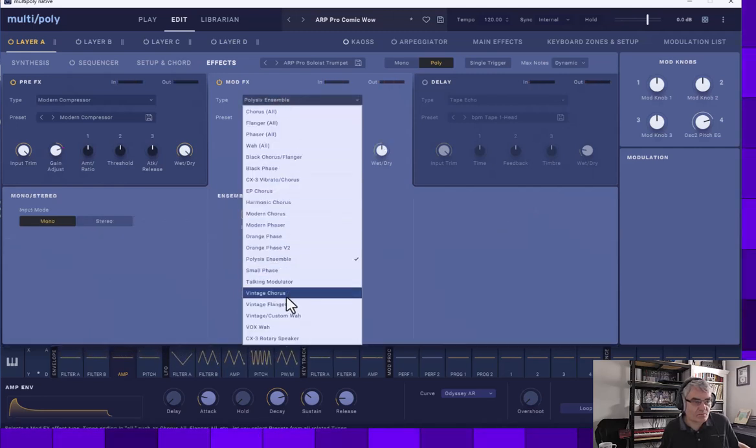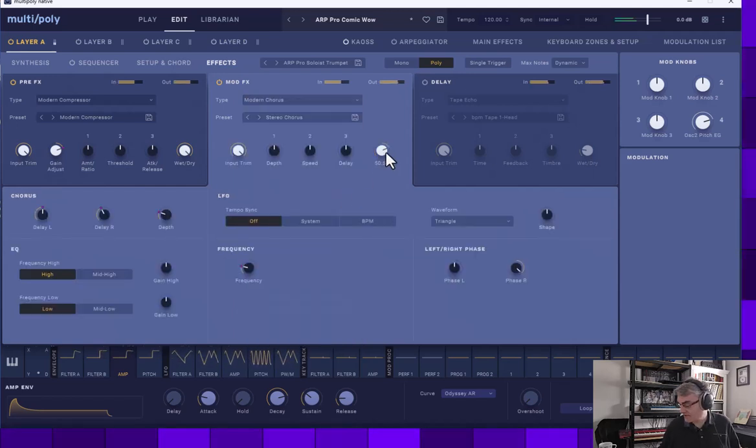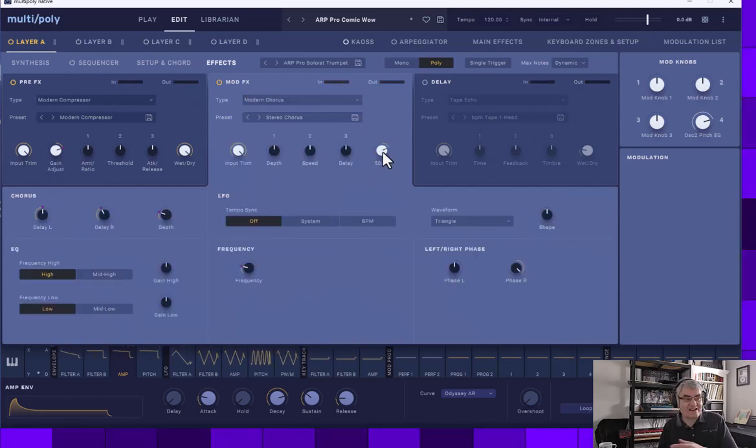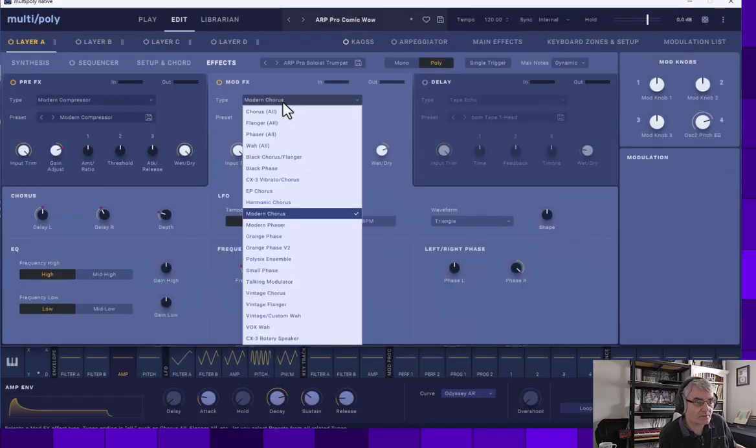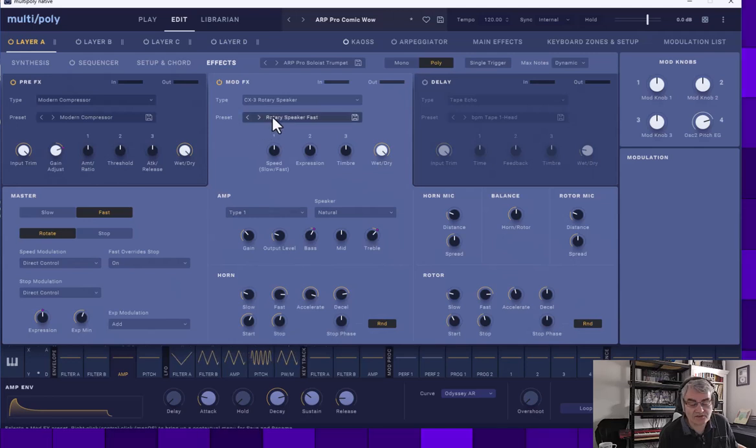The choruses are really nice. Do you like them? Especially, you get a nice string sound on there. You get some nice choruses with that, and all these are editable, the parameters as well. There's a rotary speaker as well, which sounds really good,